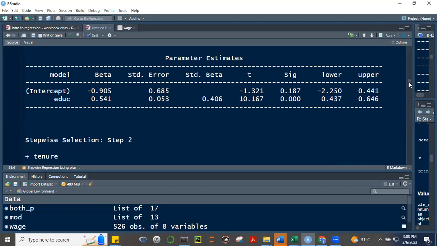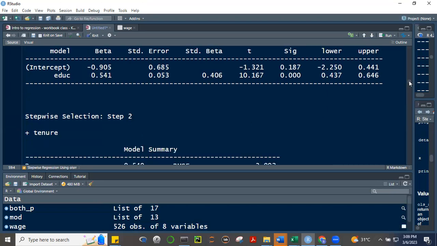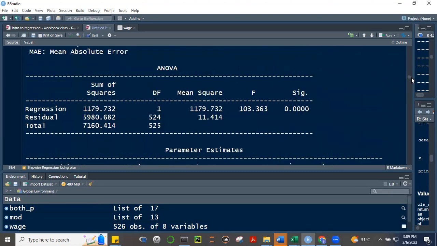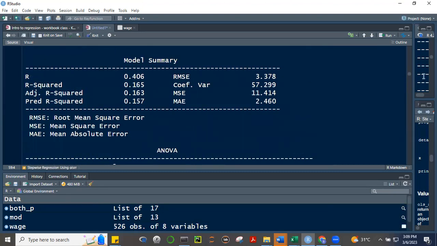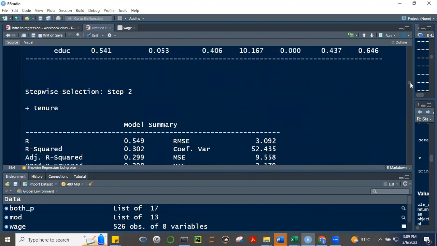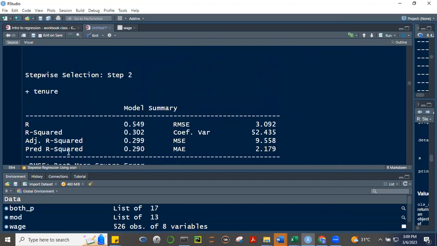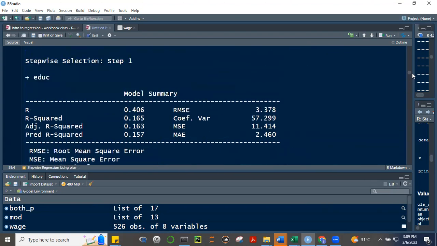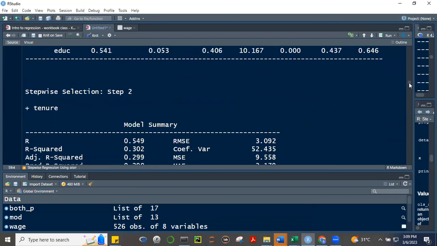All right. Then after that, we have stepwise selection, step 2. So the next step is add tenure. So what will happen? This is now our model summary. If we add tenure, you notice that our RMSE went down from 3.378 to 3.092. Also, our adjusted R squared. A while ago, it was just 16% here. Here, 16% adjusted R squared. It increased to